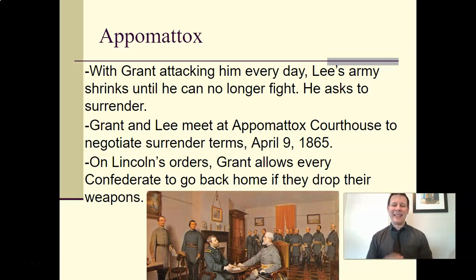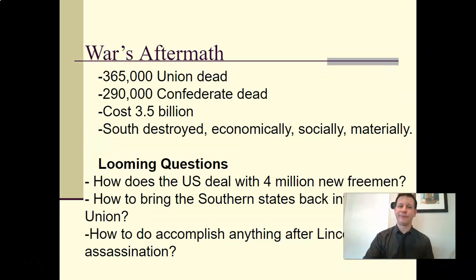Again, Lincoln is trying to heal. He's trying to bring the country back together, and he doesn't want to be vindictive. He doesn't want to have a lot of regret or bitterness, and so we're going to have to live with these people. Let's try and, as best we can, I don't want to say no hard feelings, but let's just try and put this behind us and try to kind of heal. That's kind of Lincoln's mentality. And so the war ends, again, in Appomattox Courthouse.